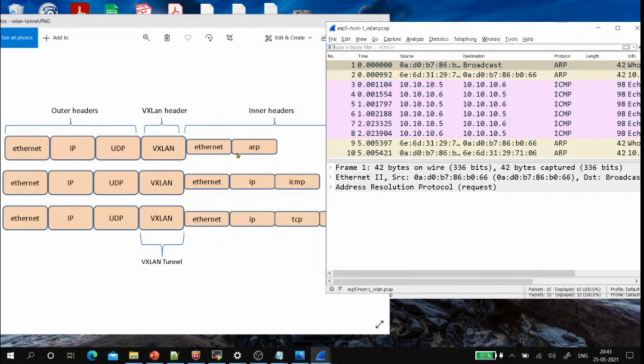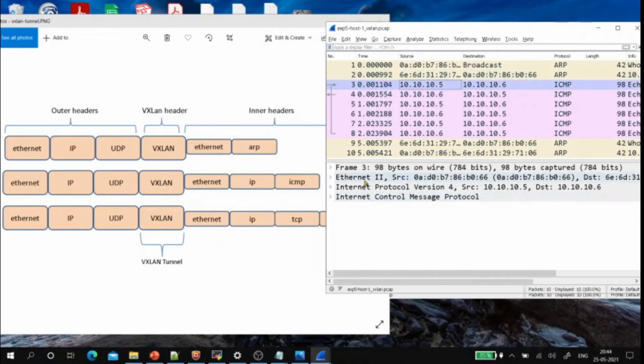If you see here, it will only contain the inner header. See, the first frame will be Ethernet frame followed by its payload. Here it is ARP, and the next is again the reply, ARP reply. Again here we have Ethernet frame and the ARP reply. And the next is a ping.